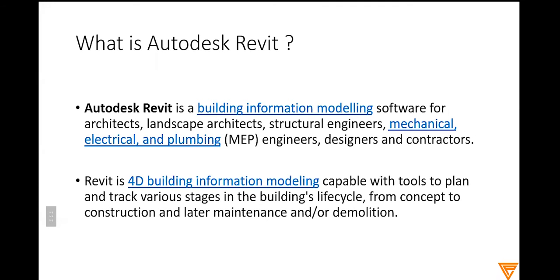Now Revit is software which can be used to introduce building information modeling in a construction project. What Revit basically does is the 3D modeling of any type of construction project. It is mainly used by architects, structural engineers, and other designers and contractors. It is an Autodesk software and it has a free student version available on the website, which I will show how to get and download later in this session.